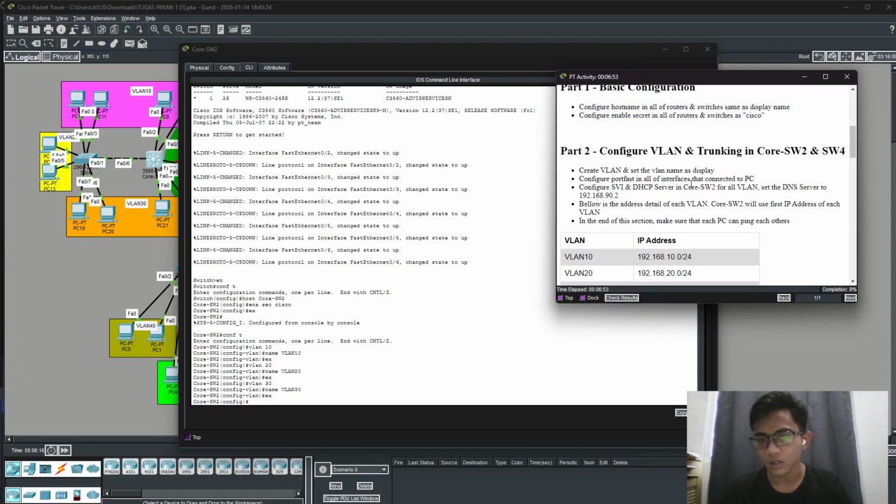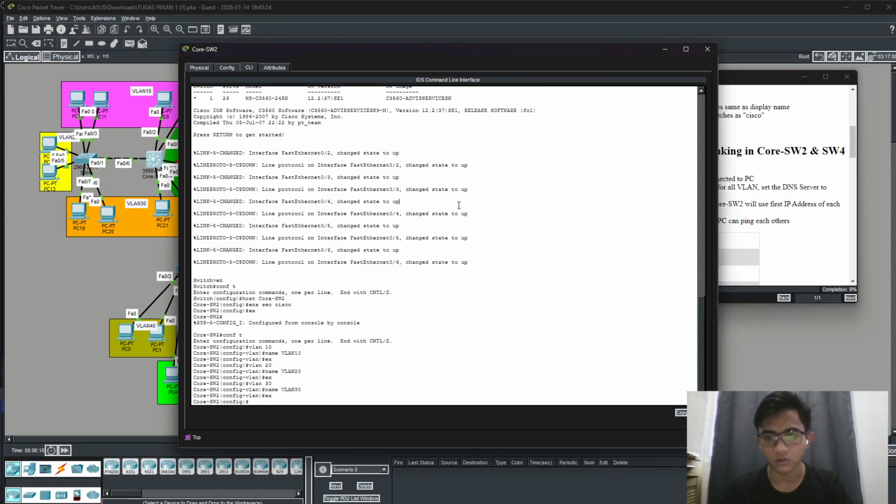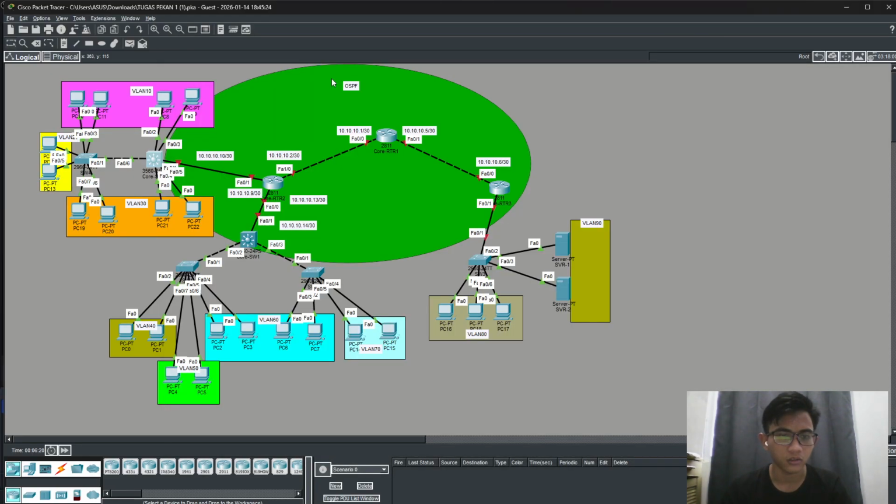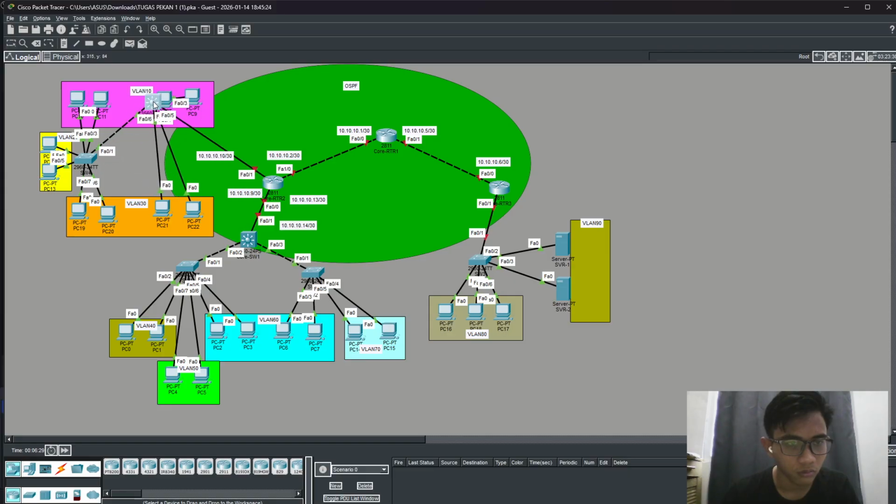Configure access ports on all interfaces that are connected to PCs. We can see here the connected ones are FastEthernet 2, 3, 4, and 5.